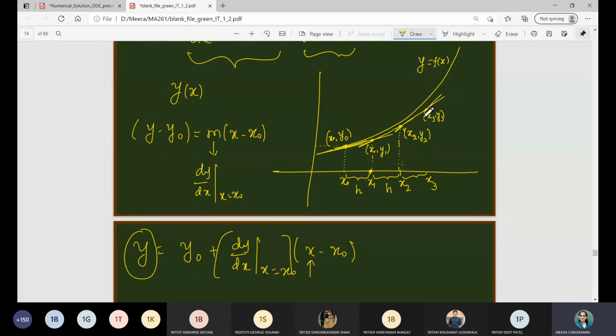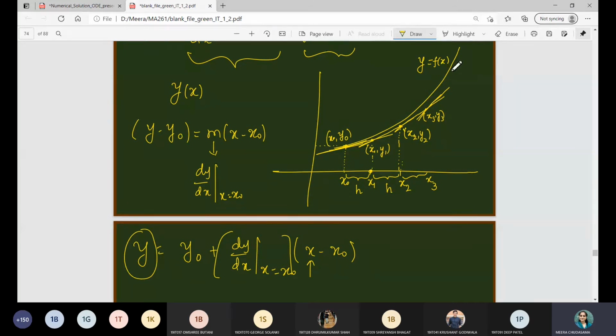You can see that when we draw the tangent line along the curve, there is a small error, which is by default inbuilt in this method. So that is one drawback of this method. Actually, there is a modification in which this error is minimized, so much that we can neglect it, and that is called the modified Euler's method, but that is not in your syllabus. We are just going to consider this method.